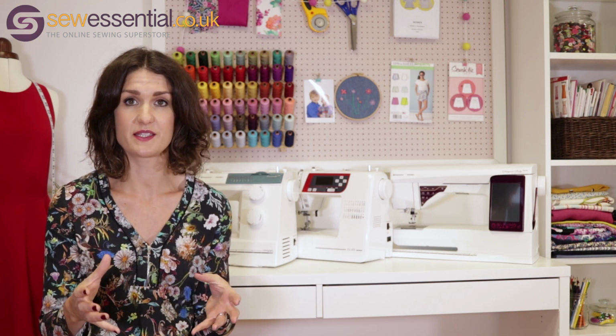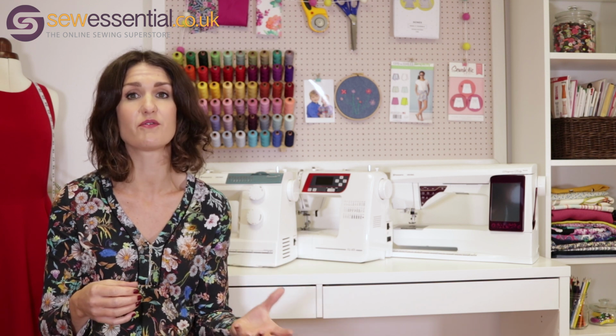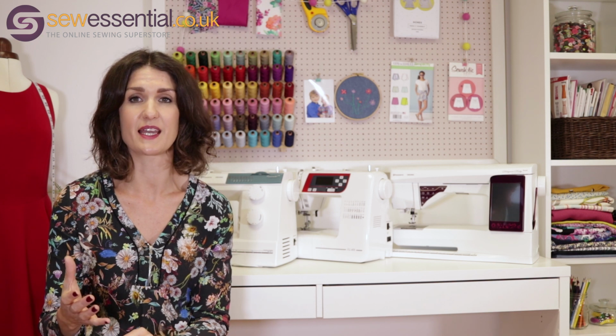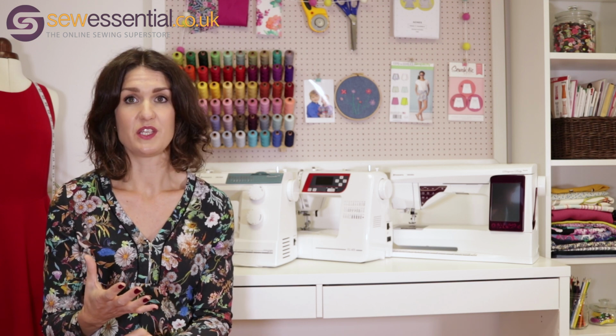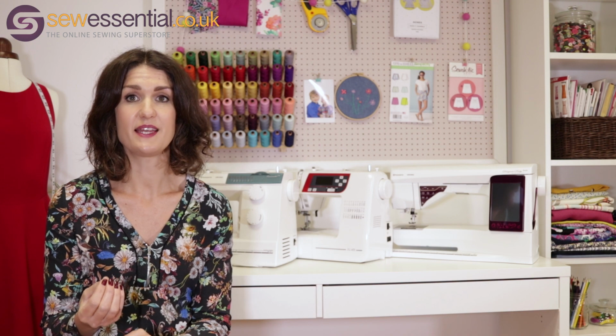If you're looking to buy a sewing machine for a child, we recommend buying a basic adult machine rather than a toy machine, because generally the toy machines are quite limited in capability and they can also be quite unreliable as well. Whatever sewing machine you choose, it's always recommendable to use a good quality thread,